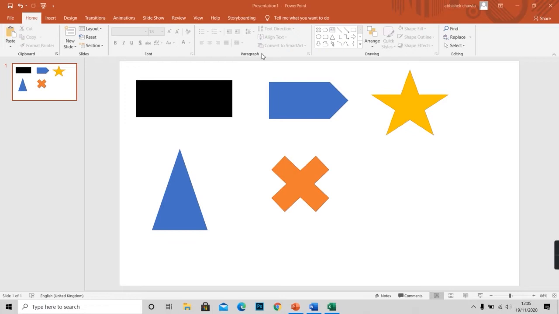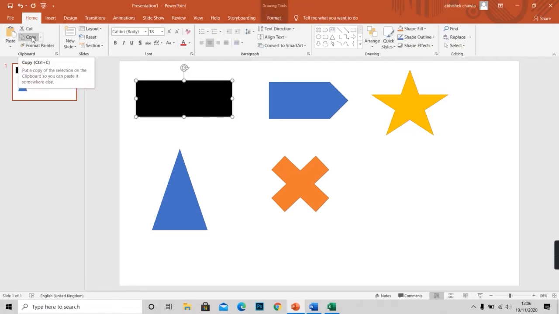In this video, we will learn how to use a clipboard and what its limitations are. We have these items on a slide here. These are the 5 objects that I have on a slide. If I want to copy an item or an object, I'll first select it, go to copy, or I can select the object and press Ctrl C.